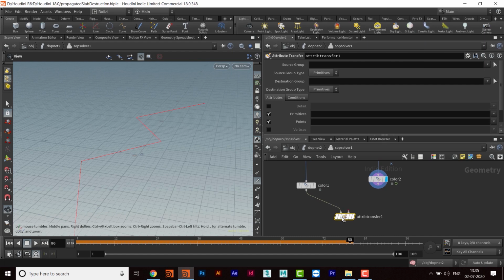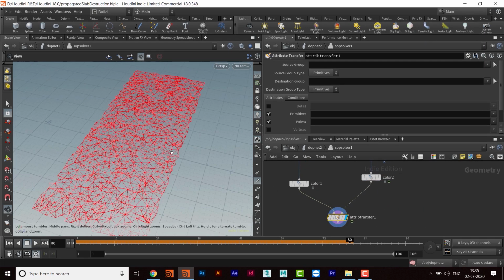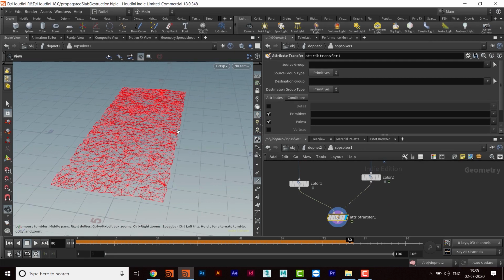So I will connect this input, first one, and this to the second one, and then this will become red. Okay, that means the whole color will be transferred to the constraint network.